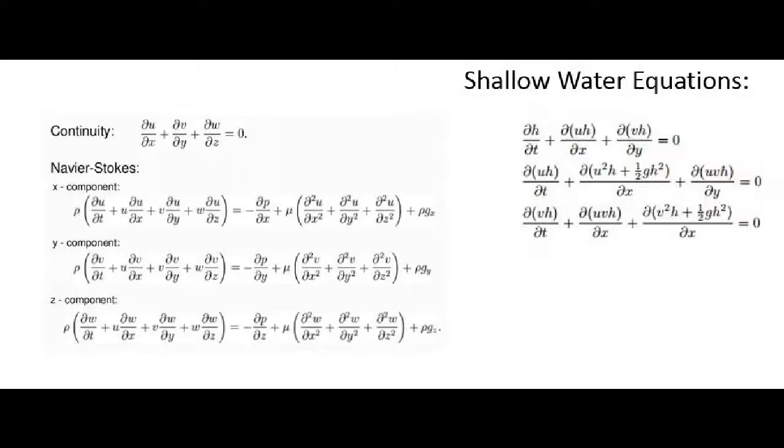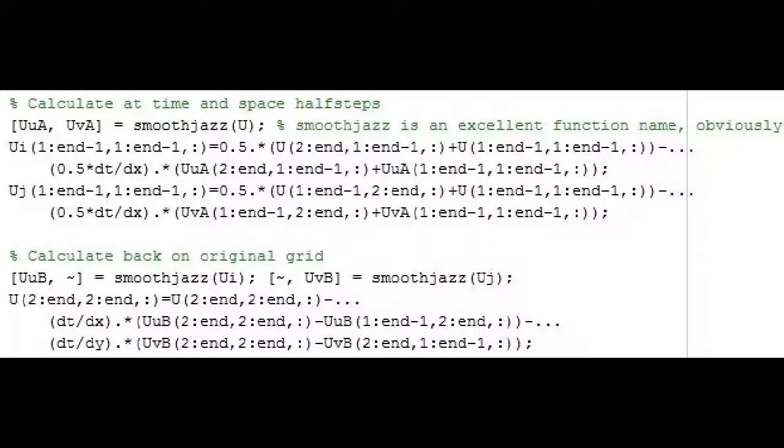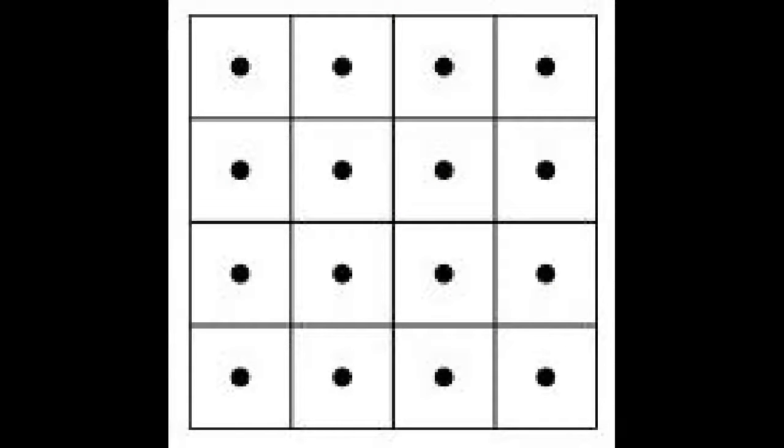Because the shallow water equations are hyperbolic partial differential equations, a second-order accurate Lax-Wendroff scheme was used to numerically evaluate them. The two-step Richtmyer method was used here. First, it uses a forward difference to evaluate the equations at half a step forward in time on a staggered grid, offset from the original grid such that the original points being evaluated lie at the center of the staggered grid cells. Second, the points on the original grid are evaluated at a full time step forward with a backwards difference,